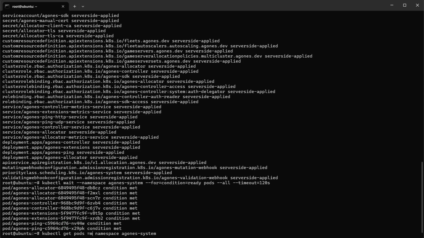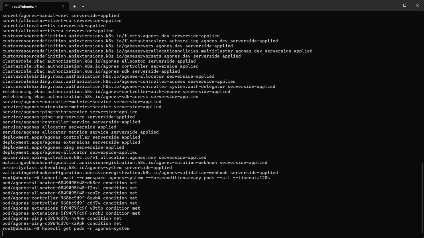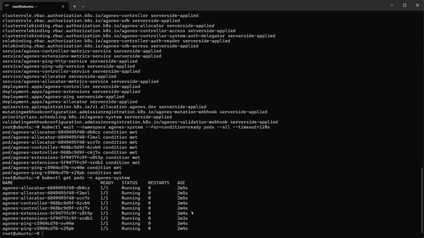We can look at the pods in the Agones system namespace and we see that all of them are running. Now we are ready to use Agones,